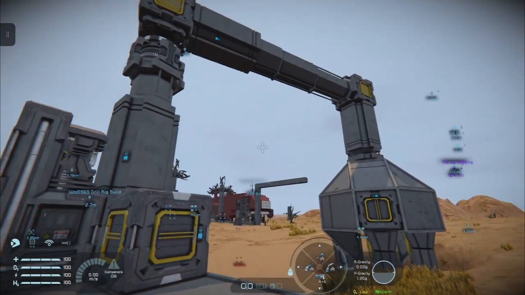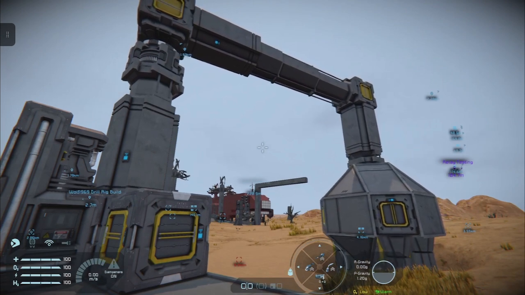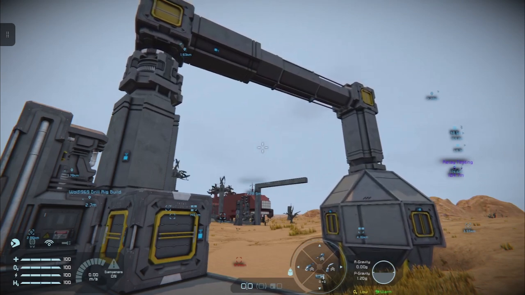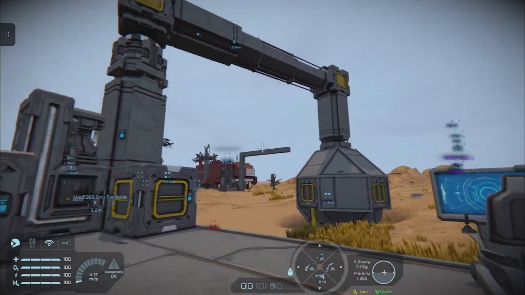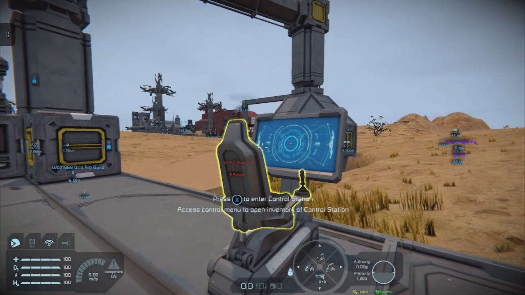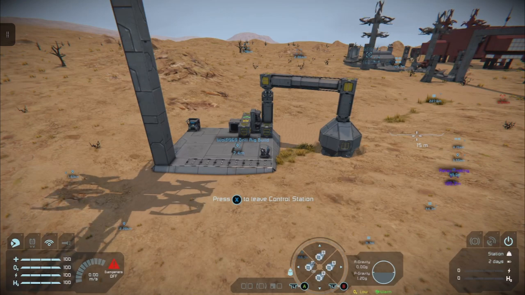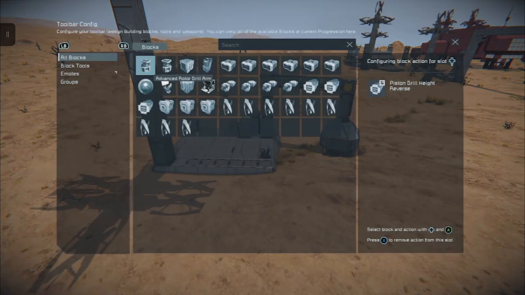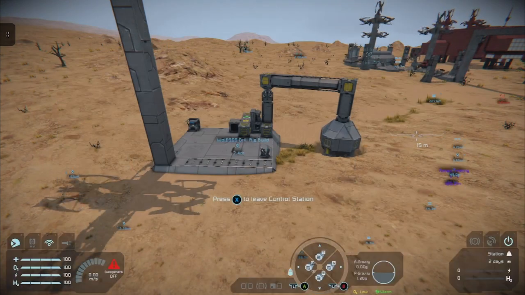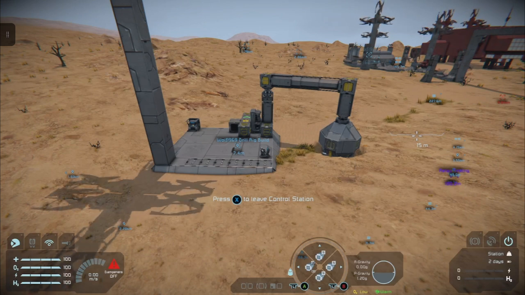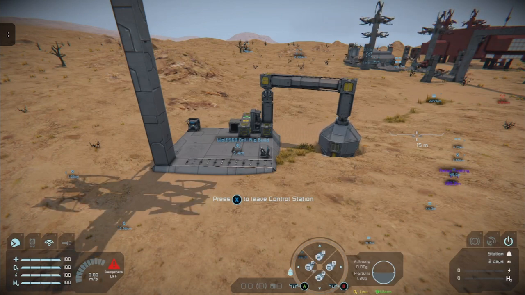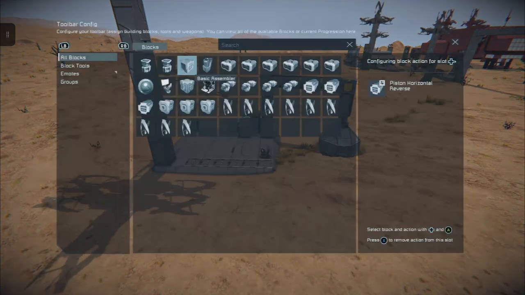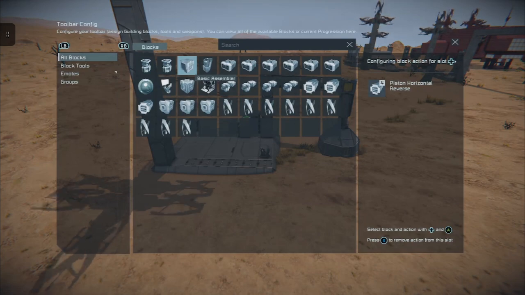When this gets all the way down, like so, we can jump in here. And we can start the main drill arm going down. If you get stuck on what does what, hold the direction down and it will tell you in the toolbar config.